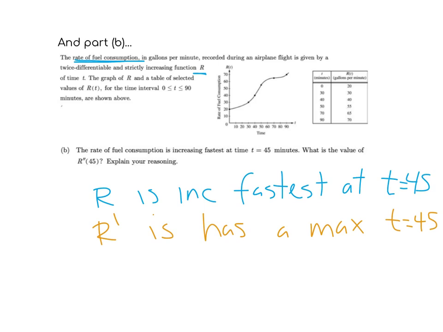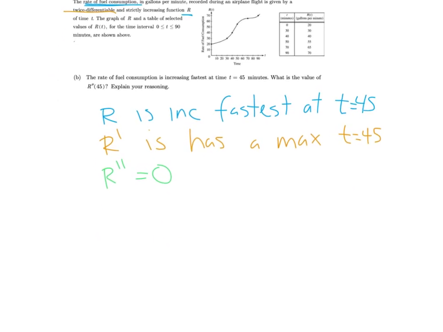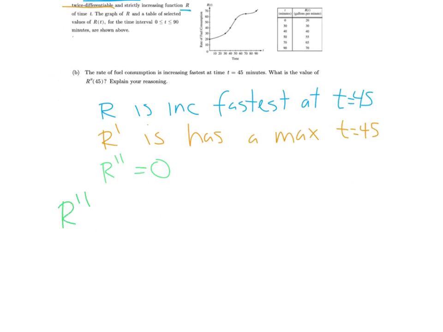Here's where the twice differentiable part comes in. That means I can then talk about r double prime. Since r double prime has to exist because r is twice differentiable, r double prime must equal 0. Here's my justification. R double prime, not always, R double prime at 45 equals 0 because